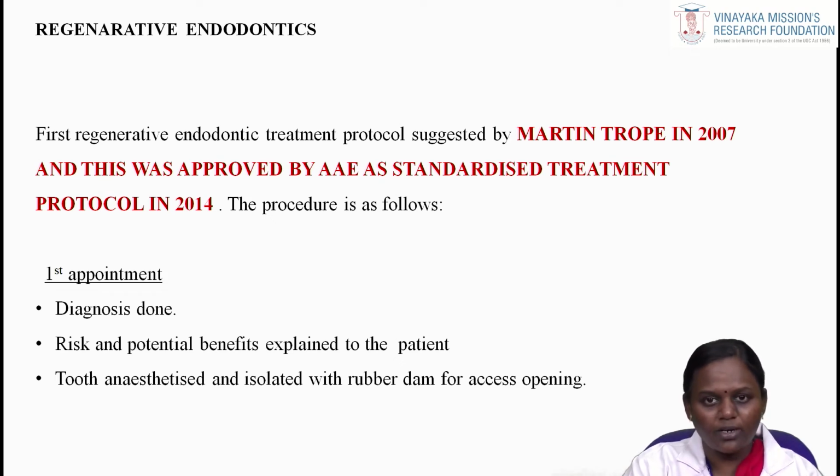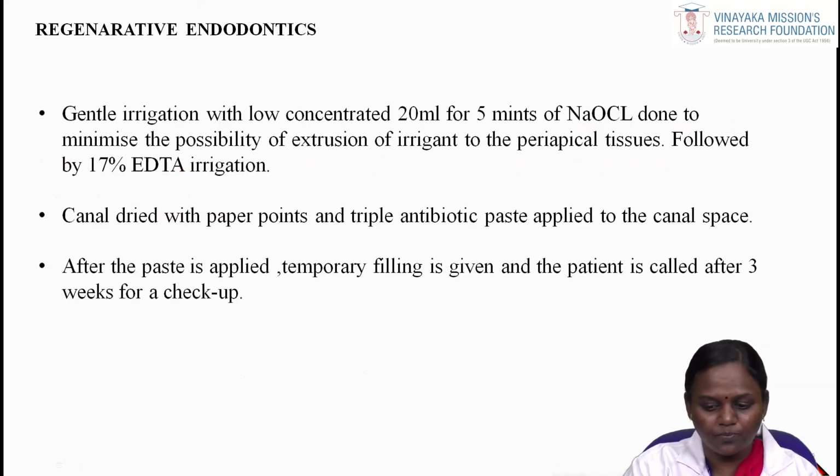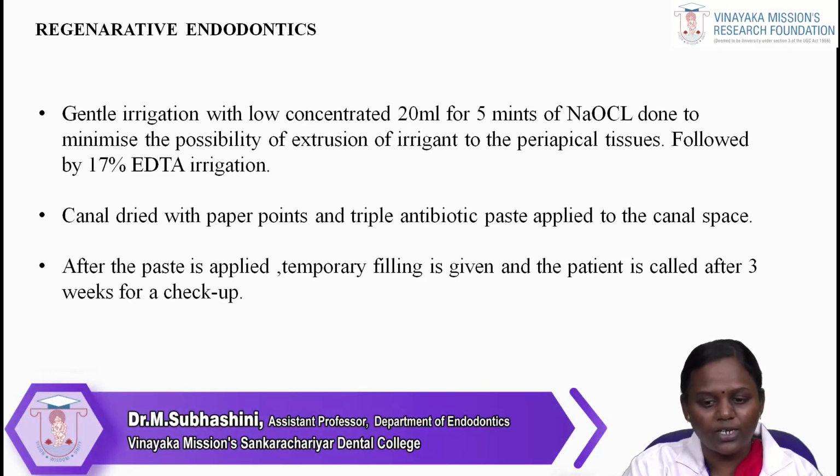In the first appointment, diagnosis should be done properly. That is, the permanent, immature, necrotic pulpal tissue with open apex is chosen for the treatment. Risks and potential benefits should be explained to the patient duly, and then the procedure is carried out. The tooth is anesthetized and isolated with the help of a rubber dam for access opening procedure. As soon as the access opening is done, gentle irrigation with low concentrated, 20 ml of sodium hypochlorite for 5